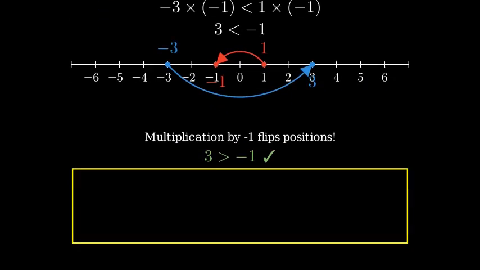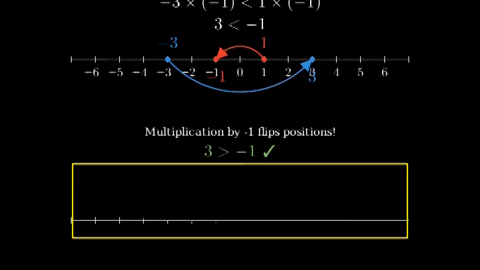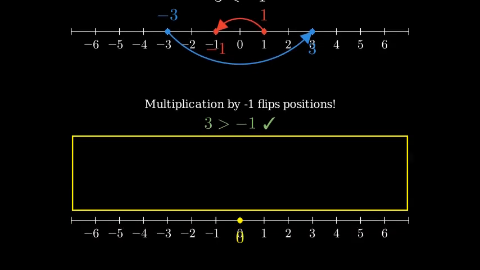This leads us to the general rule. When you multiply or divide both sides of an inequality by a negative number, you must reverse the direction of the inequality symbol. Let's visualize why this happens. Multiplying by a negative number reflects all points across 0 on the number line. Points to the left of 0 move to the right, and points to the right of 0 move to the